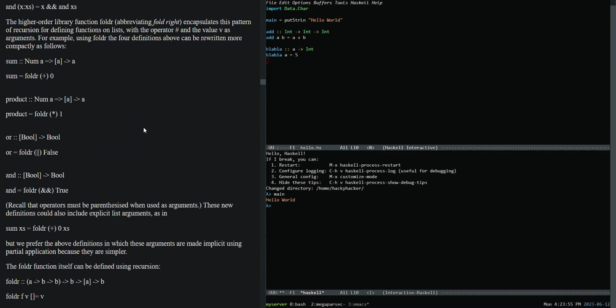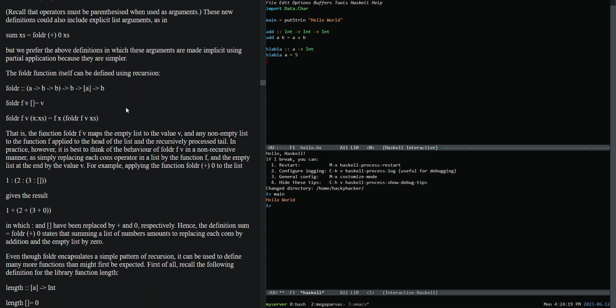The higher order library function foldr, abbreviating fold right, encapsulates this pattern of recursion for defining functions on lists, with the operator and the value v as arguments. For example, using foldr, the 4 definitions above can be rewritten more compactly as follows. Recall that operators must be parenthesized when used as arguments. These new definitions could also include explicit list arguments,